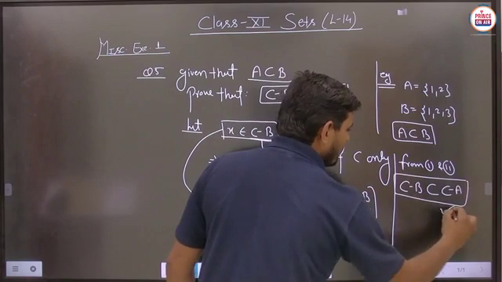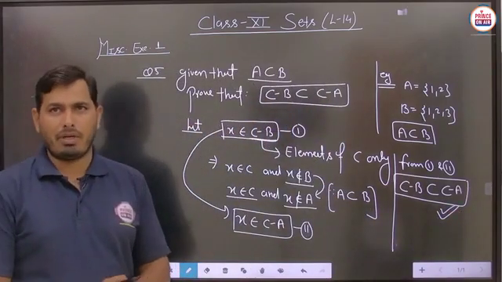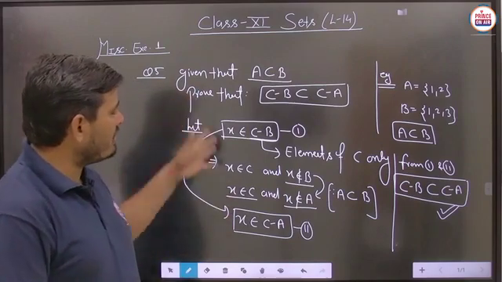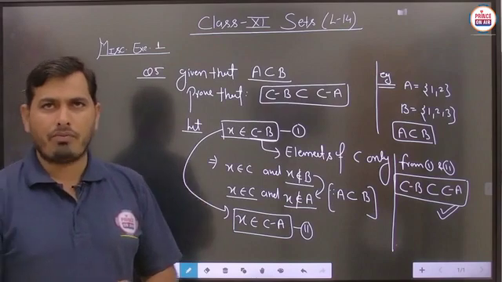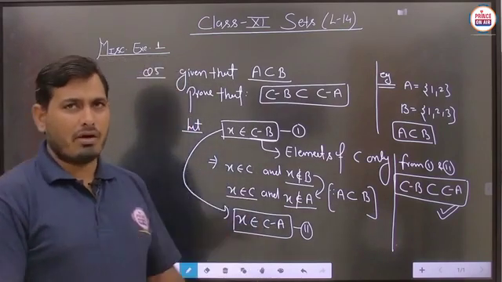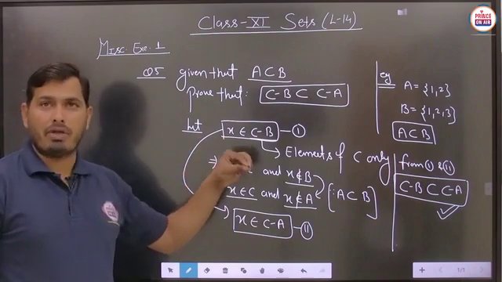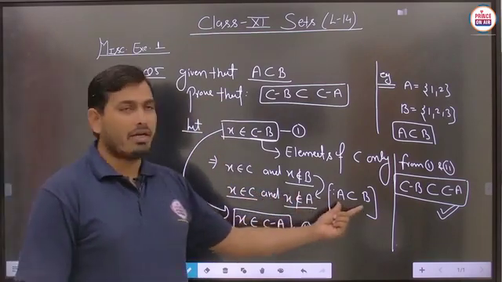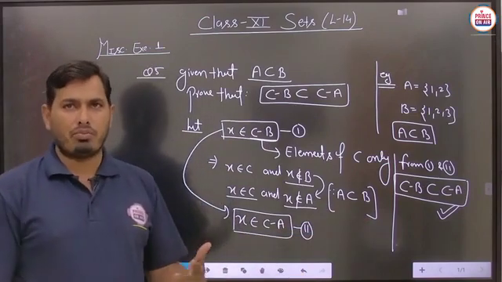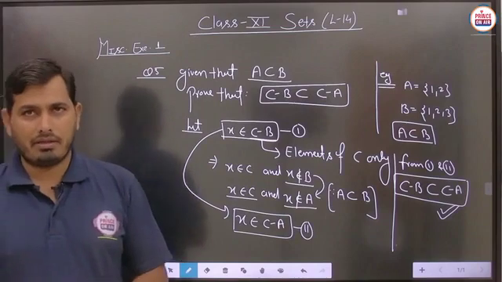So easily, student, you can prove the given things in a very systematic way. Is that clear? And we are taking the general case, meaning we are not taking a particular example to prove these types of questions. We have to see the particular operation, and according to the given operation, we have to apply some things and use the given conditions in a proper manner so that the required result will be obtained easily. Is it clear?